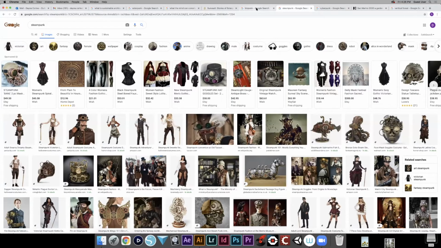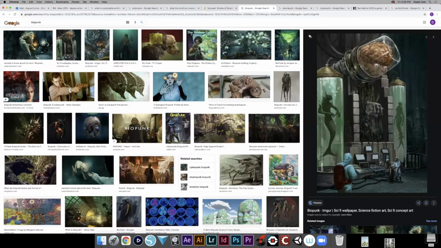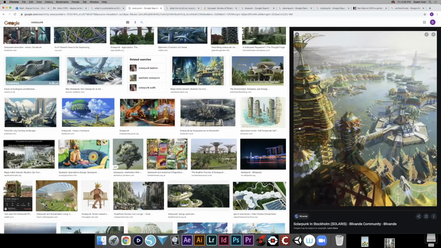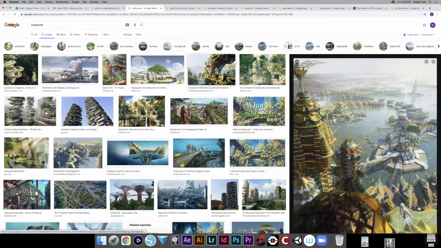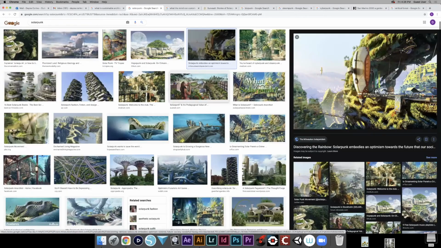And then you have your biopunk. This one I'm not really a fan of. This one has to do more with biogenetics and changing of DNA. I'm not really for this future. So I really like this future instead, where instead of talking about our problems, we talk about a future that